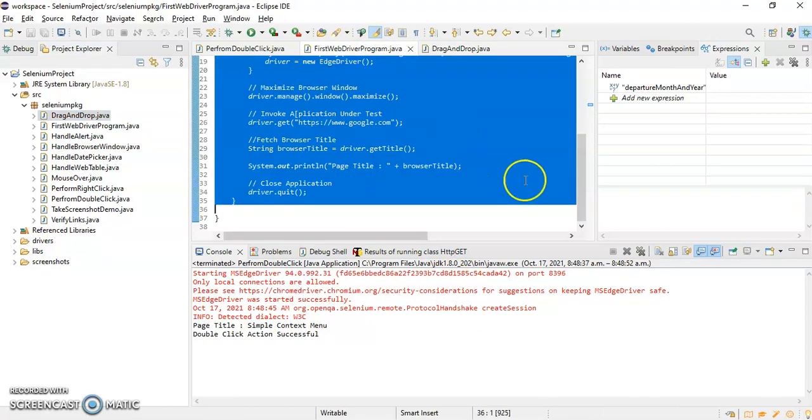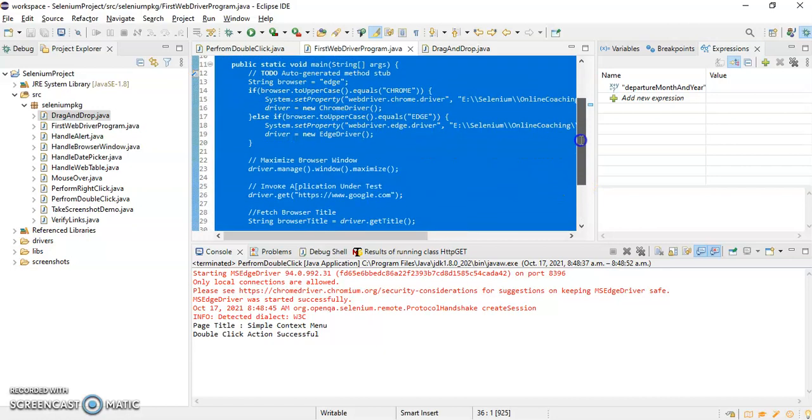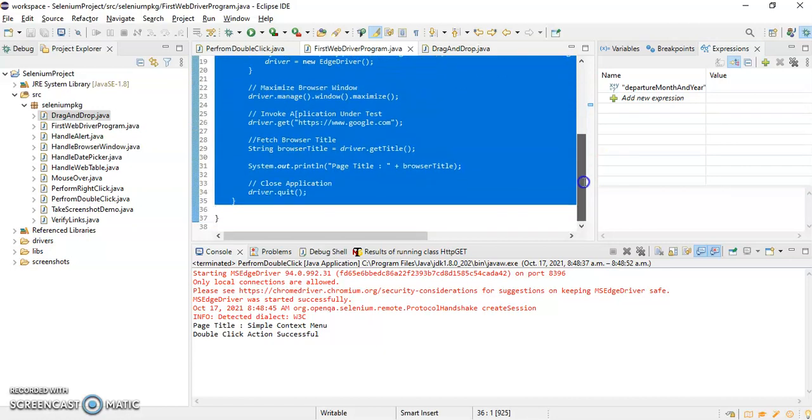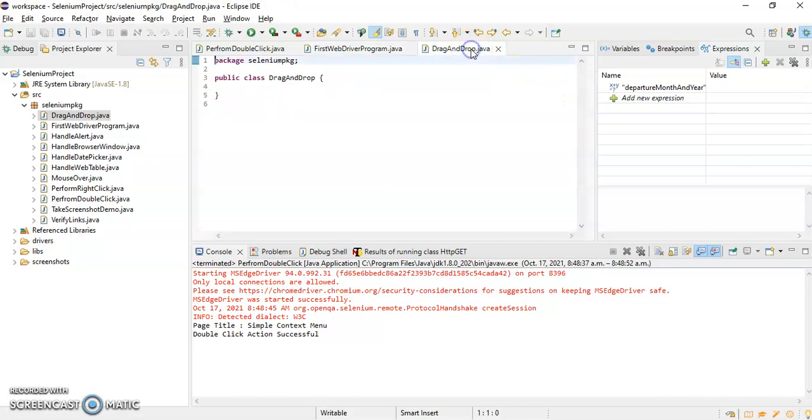So I can copy the script where we are launching the browser and navigating to the application under test. I'll copy the code from here and I will paste it over here.